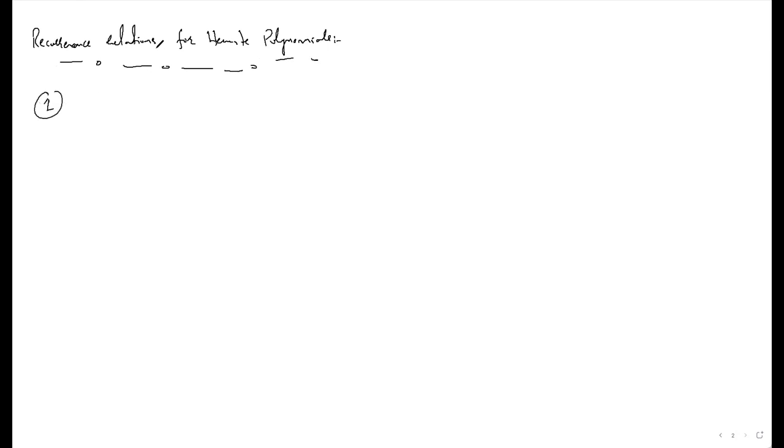Very simple. They are, I think, simpler than when we consider Legendre or Bessel. So the first one is H_n prime of x. We have to prove that this is 2n H_(n minus 1), where I lower the Hermite polynomial by 1. So taking the derivative of a Hermite polynomial of any order is always equal to twice n multiplied by the Hermite polynomial of order lower by 1. Okay, so this is very simple to prove. I can just prove it from the generating function.